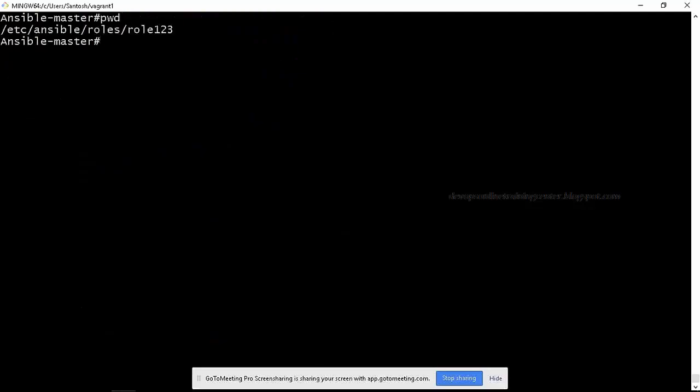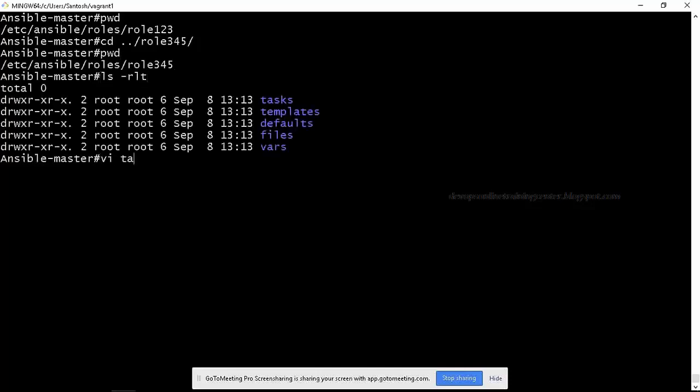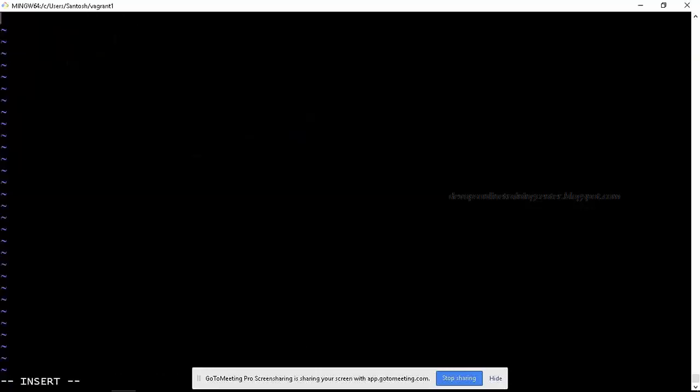Let us first see whether this will be executed or not. Then in the same way, I'll go to role 345, right? In the role 345, again, I have directories. In directories, I'll go to tasks, main.yaml. So I'll create a file called main.yaml. Then I'll directly write the task's name, create a dummy directory